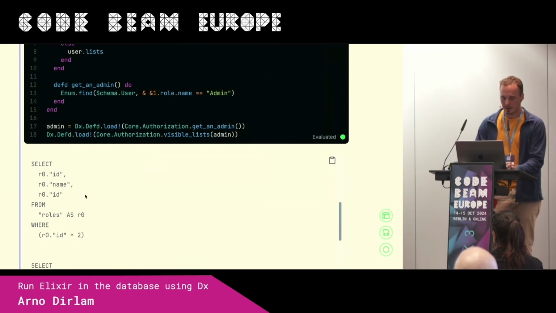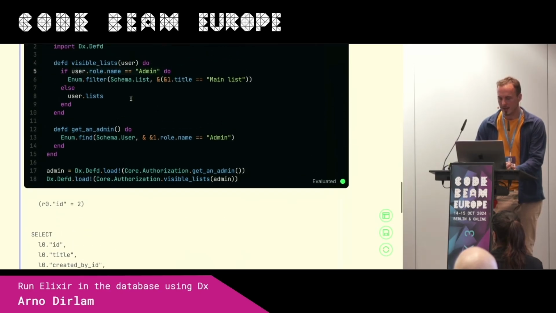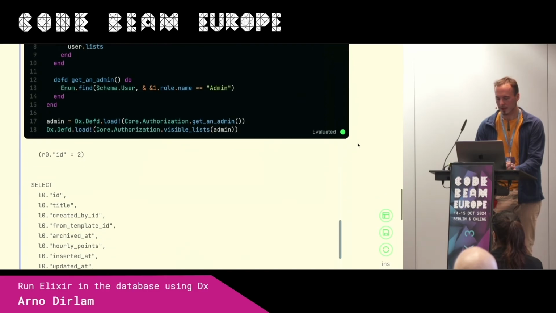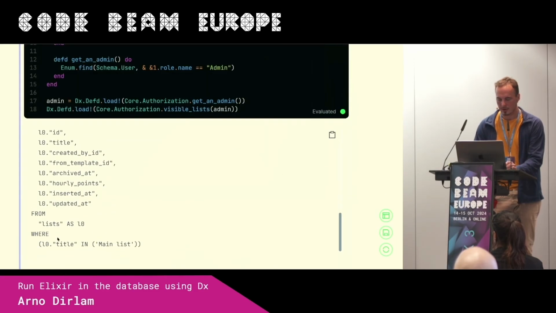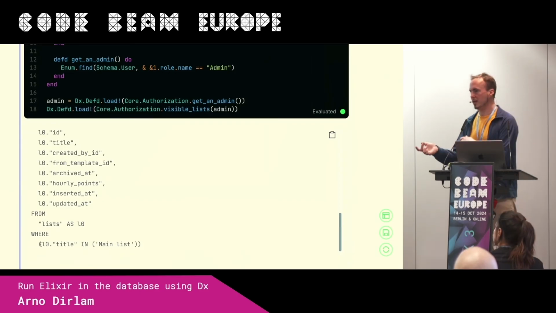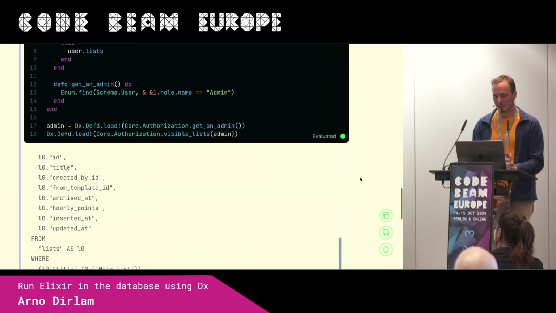And here we see, okay, that's the roles query, and then since it's an admin, and I've made an enum.filter here matching it to the title main list, this is what it translates the enum filter to. Very basic example for this.